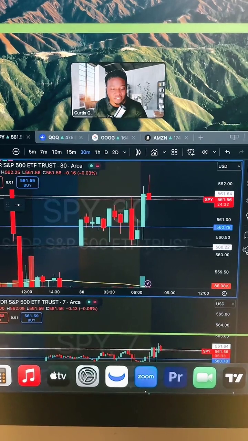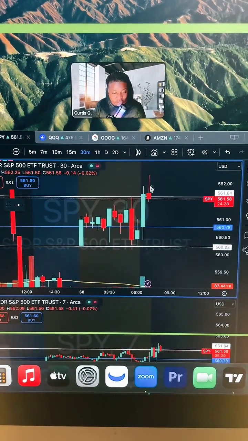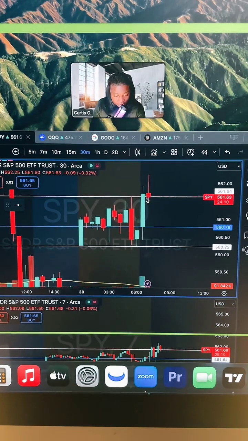So as to be expected, we're currently looking at SPY. It's a good thing that we didn't get greedy. We went ahead and took our profits right away on that trade, and we're coming back down, which is to be expected. Now, what I think is going to happen is we'll have more of a retracement in this immediate moment on SPY to come down, but we might use the pre-market as a little bit of support, which is currently what's happening.